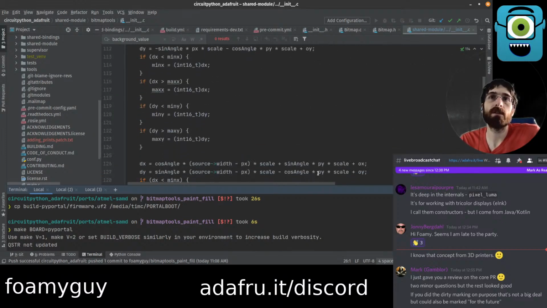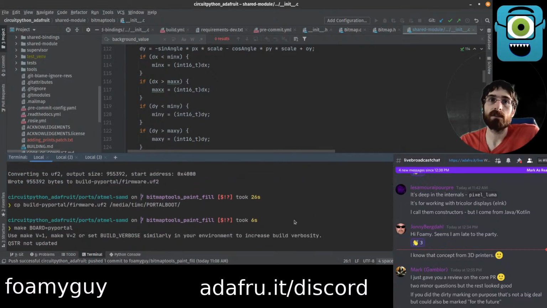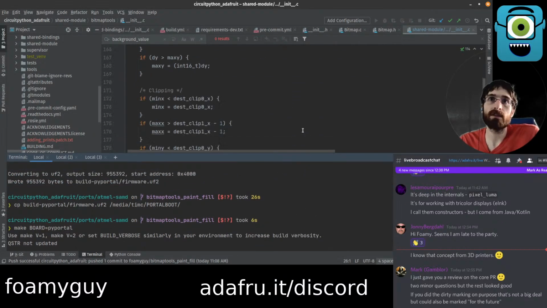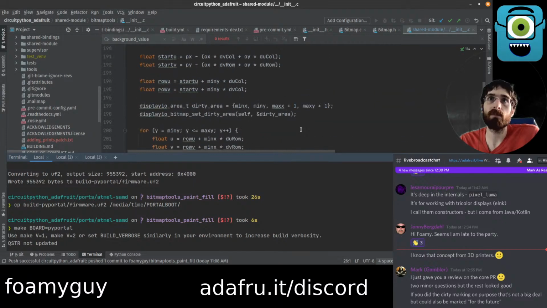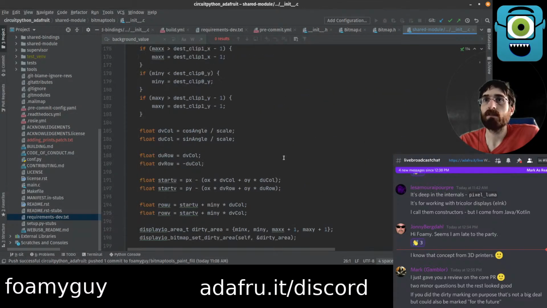I assume that marking that section dirty causes it to get redrawn, which takes time. And so the smaller the area we mark dirty, theoretically, I assume the less time it takes to draw. So it probably would be more efficient. Yeah, that's a good point. I had thought about that when I wrote it, but it definitely escaped my